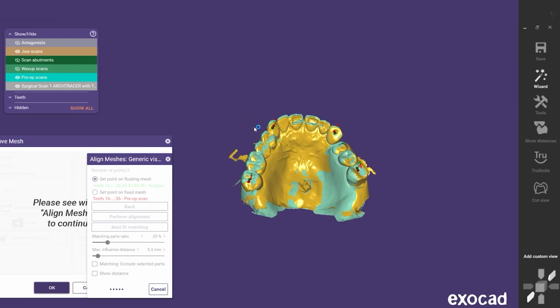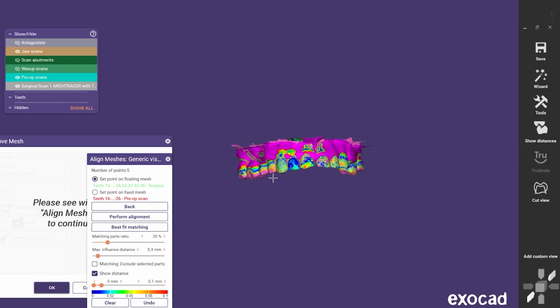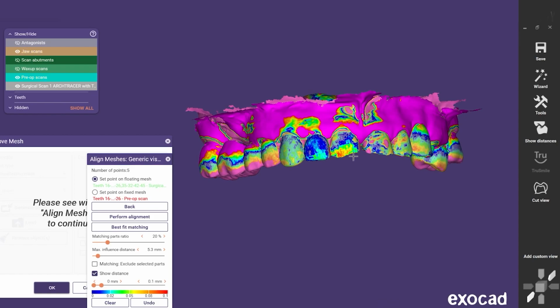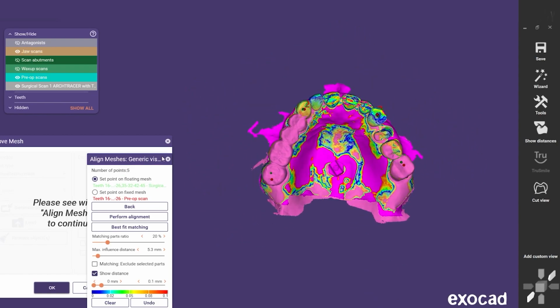As we know, soft tissue is not quite as stable as hard tissue or consistent over time. So what I'm going to do is see how close of an alignment this is. And the software is using basically all the scan data between the two scans. We can see that there is some good alignment on these. And honestly, this would probably be plenty accurate. But just to show real quick how we can do it a little bit better,